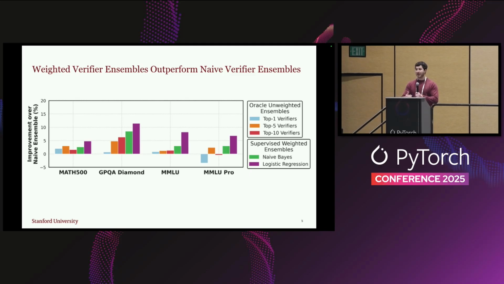The problem is that to actually know this weighting, you need some sort of supervised data. You'd have to go through and annotate hundreds, maybe thousands of different data samples, use those annotations to learn the weights for this ensemble, and then apply it at inference, which can be pretty costly and unwieldy, especially at scale.